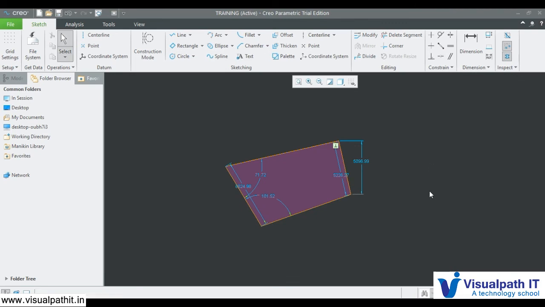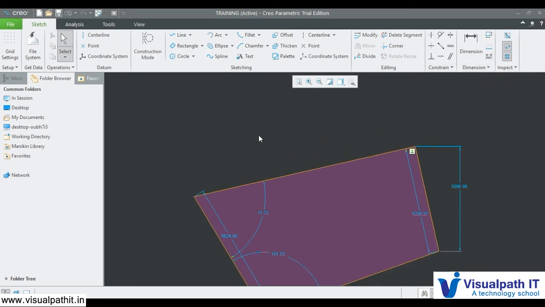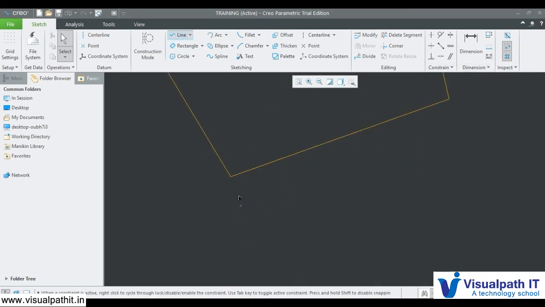But let's say we thought we closed a loop by trimming or editing different geometries, how do we know whether the geometry is really closed or not? That is where we select this option, so it will show all the closed loops available. This is overlapping geometries. Let's say I have two different geometries which are overlapping, with double lines.